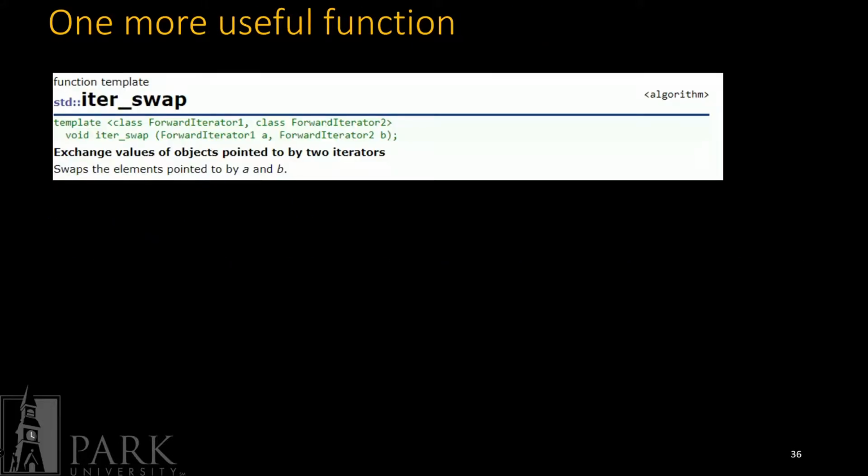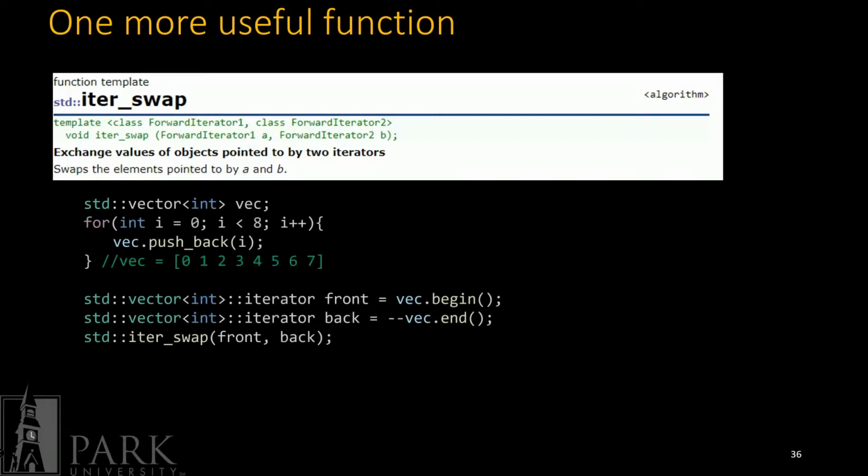The iter_swap function is useful when working with iterators. For example, given this code, the resulting vector would be,